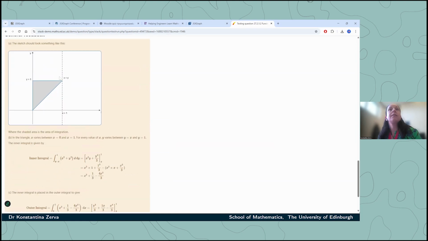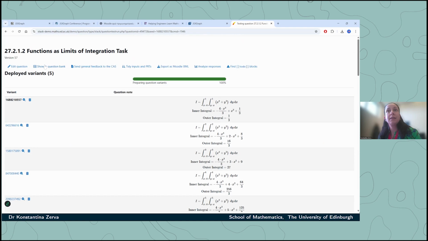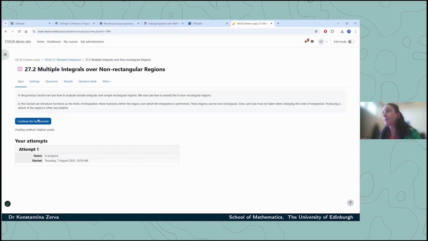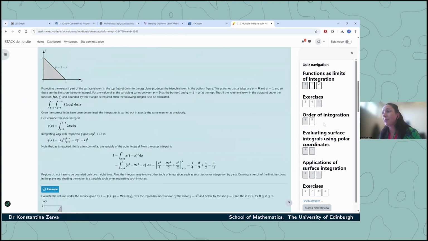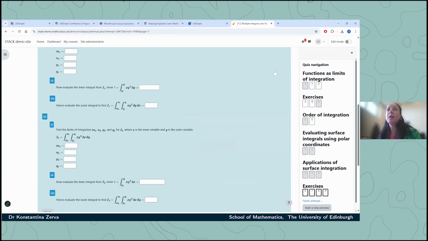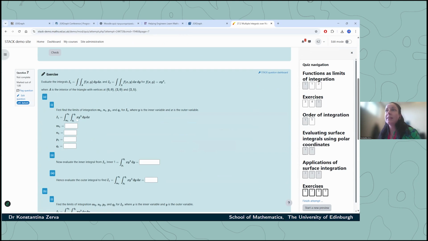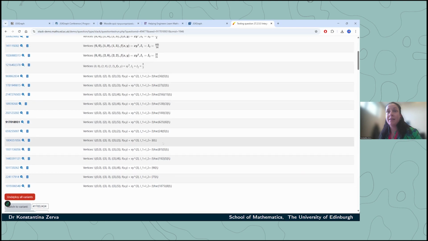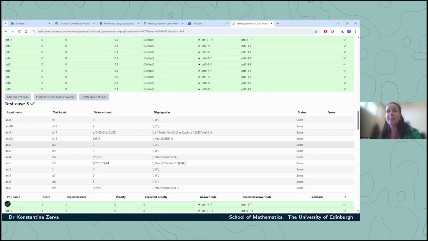And the next one I want to show is question 7. Continue last preview. Probably here are a few more exercises. That's another one. We changed the question slightly so that it adapts better for online assessment. So I think mainly that's a question that